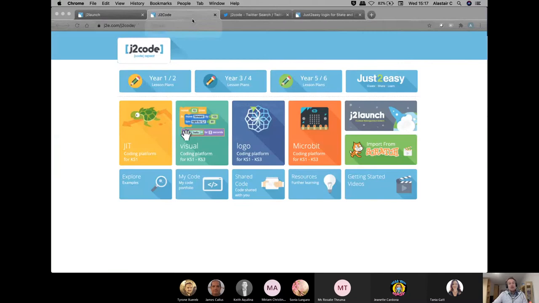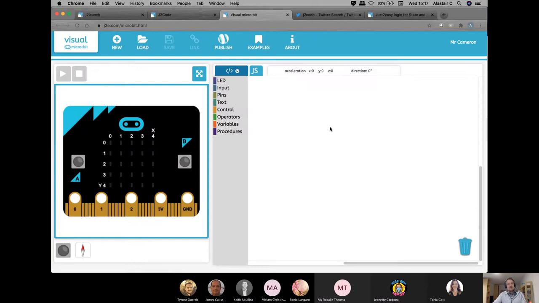Okay, so if we've done JIT, visual and logo, the last one that we've got is microbit. So this is a software version of the hardware and software that the BBC provide, which is all the commands that you could use in order to prepare your device for microbit.